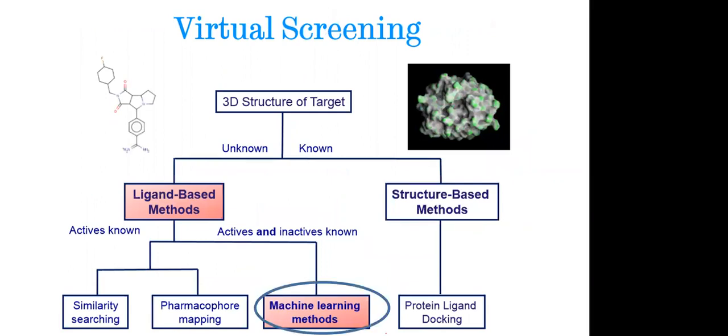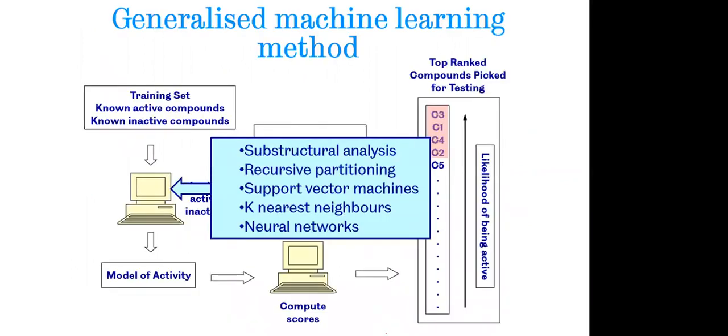And one other method is the machine learning method. I'm explaining just the very outline of the machine learning methods; I'm not going deep into this. In this, for example, we have substructure analysis. We can perform recursive partitioning, and we can perform SVM methods like support vector machines. We can use k nearest neighbors, and we can go for neural networks for defining the model